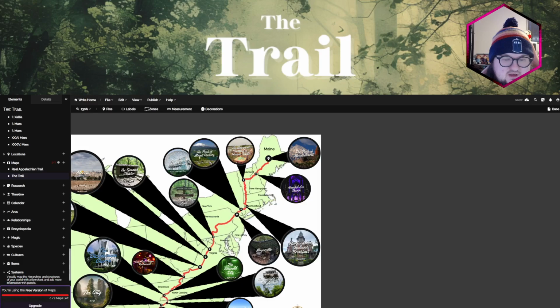Spanish Cloister, which is based on some sort of little shack on the real Appalachian Trail that's named after a monk, or it has the name monk in it. I don't know. The actual picture here is the picture of it, so it's a little shack that people sleep in on the Appalachian Trail.